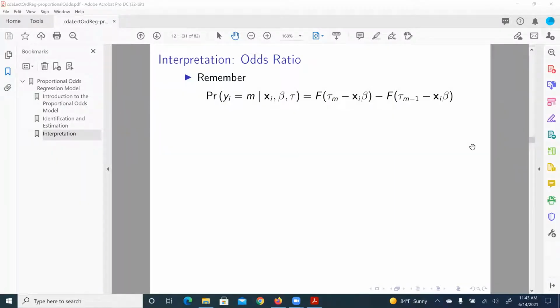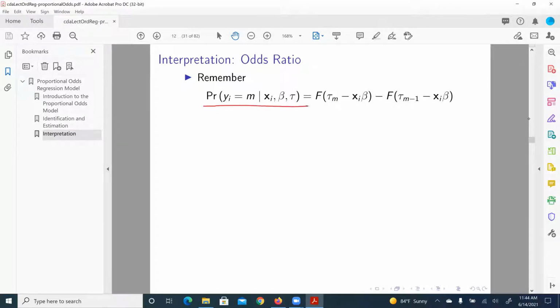Beginning from this lecture, I will talk about how to interpret results from regression models, specifically the proportional odds model. So let me first talk about how to use odds ratio coefficients to interpret results. Okay, so if you remember my previous lectures, you would know that the probability for an ordinal response variable y